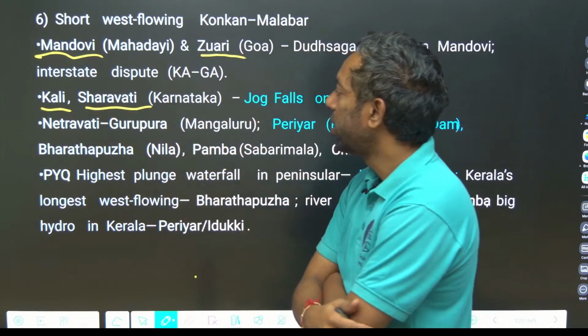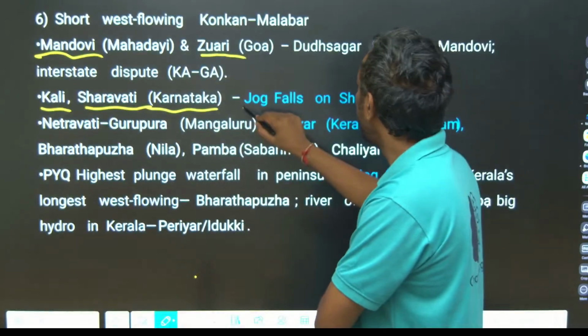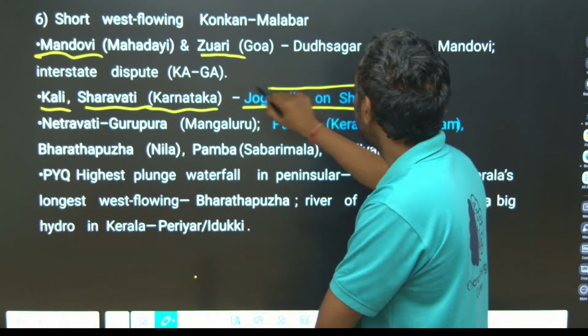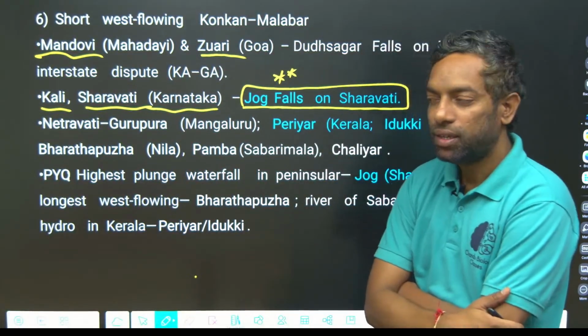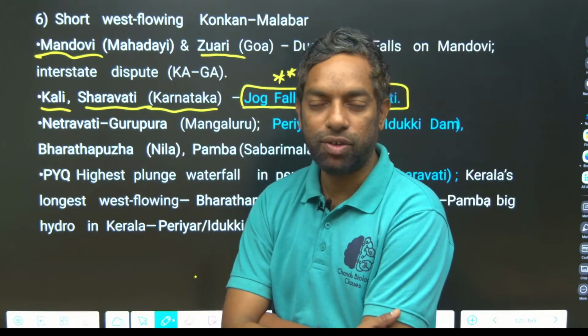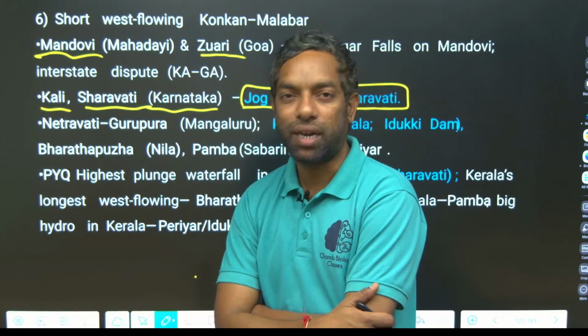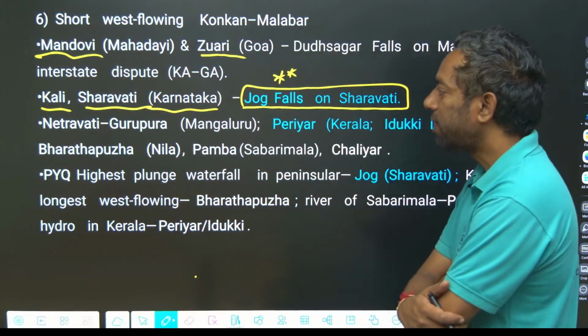Sharavati, Sharavati in Karnataka. Jog waterfalls are there in Sharavati river. This is important for the exam, guys. Jog waterfalls is one of the highest waterfalls in the Western Ghats. Jog waterfalls on river Sharavati. This is important. Netravati,